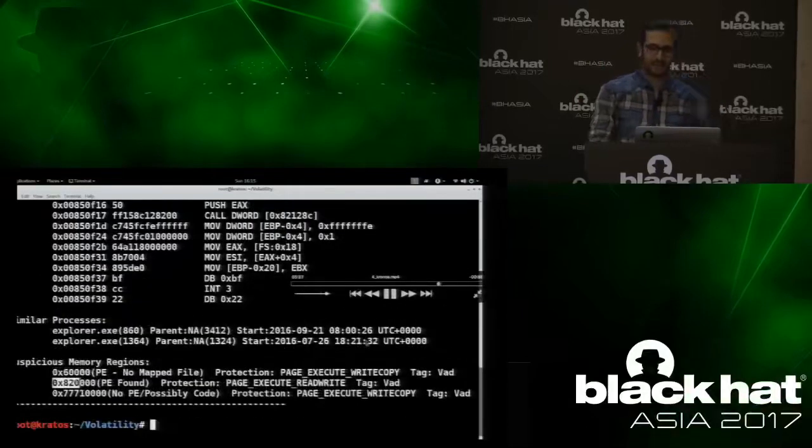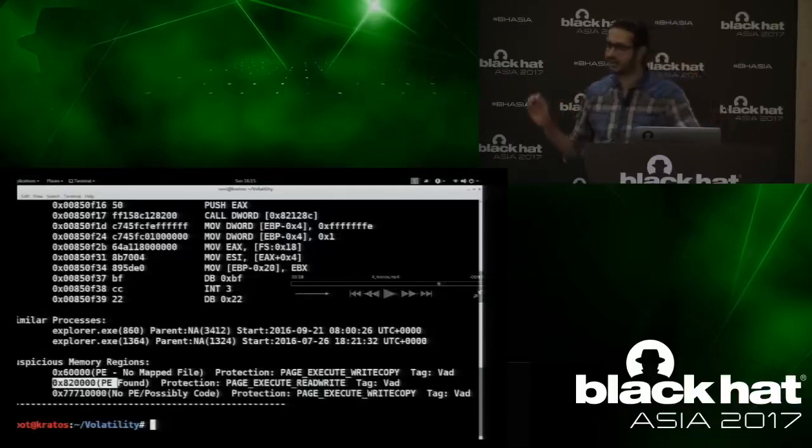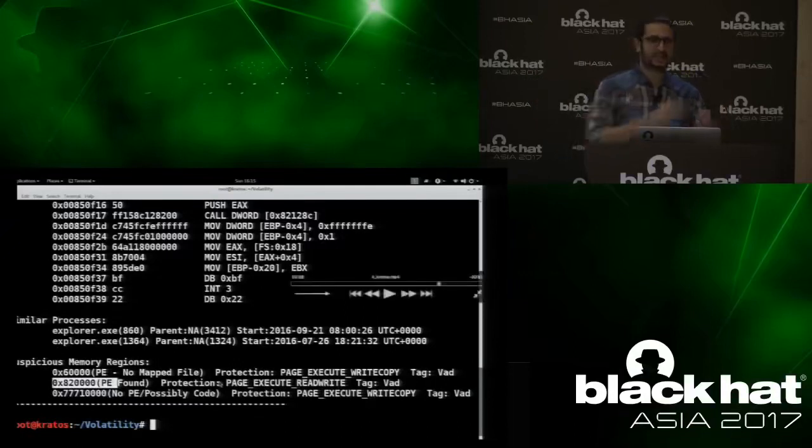how does HoloFind detect? You see that HoloFind detected this region 6000. What is the logic now? You might say that it is an executable. It has write copy protection. Then what is the problem? The problem is the logic that HoloFind uses is another logic. If it's an executable, it has write copy, it's normal, but another thing is it has to be loaded from the disk, right? Here it is checking if it's executable, if it is write copy, is it loaded from the disk?